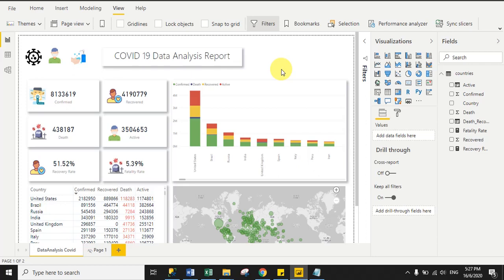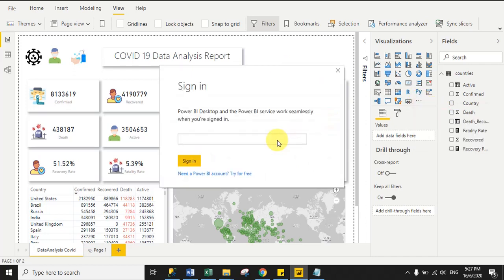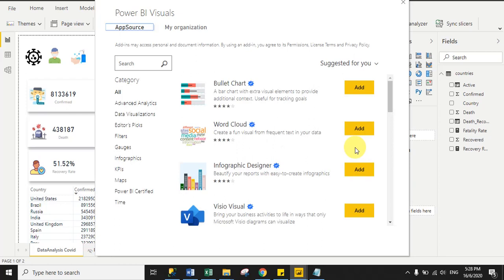Now we will import one custom visuals from marketplace. So for this you have to log in with your official mail ID. After that you can import the custom visuals. So click to ellipse icon and then click to get more visual, and here enter your official mail ID. Now I am going to skip login details from here. So you just enter your official mail ID and then click to sign in. So you can see here after successfully sign in, it will show you one pop-up window of marketplace.